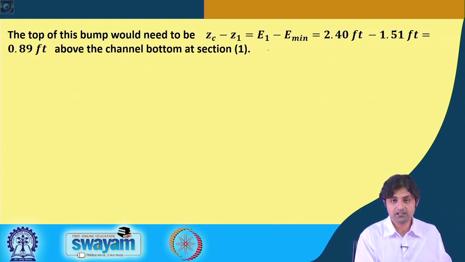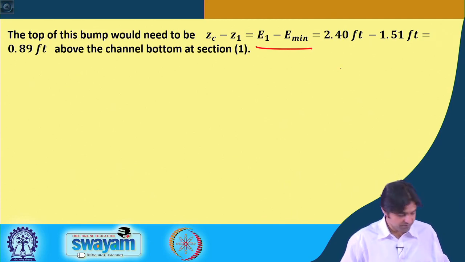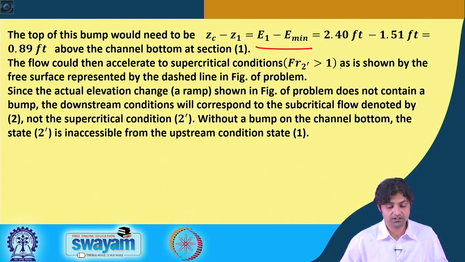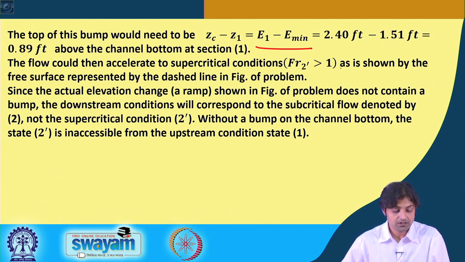So, ZC minus Z1 will be E1 minus E min, that is 0.89 feet above the channel bottom at section 1. The flow could then accelerate to supercritical conditions as is shown by the free surface represented by the dashed line. Since the actual elevation change shown in figure of the problem does not contain a bump, the downstream condition